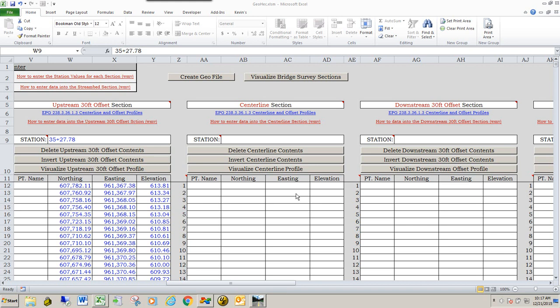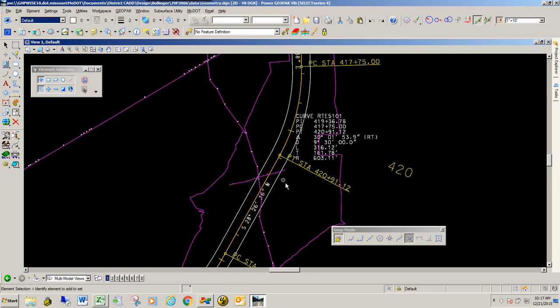Okay, the next section we're going to look at is the centerline section. We're going to import that geometry with the existing ground profile information into this area right here. So I'm going to go ahead and go back over to my DGN file. Our centerline is located right here, and what we're going to do is look at the profile